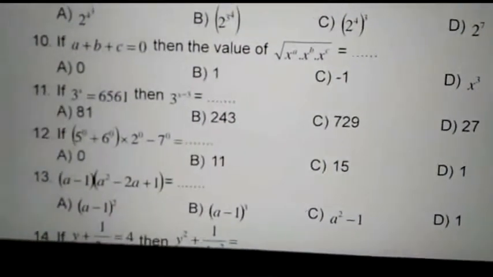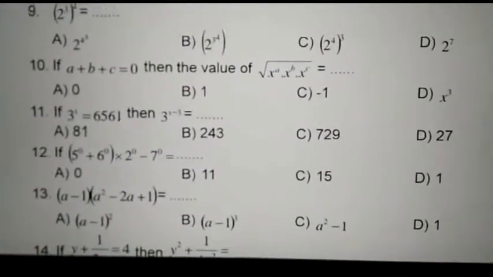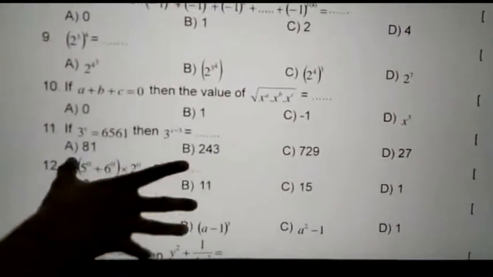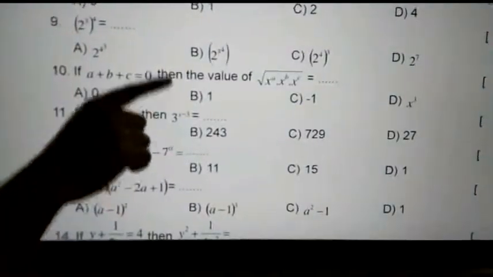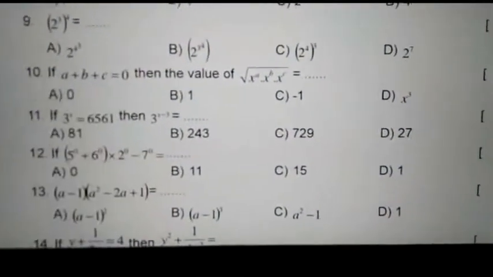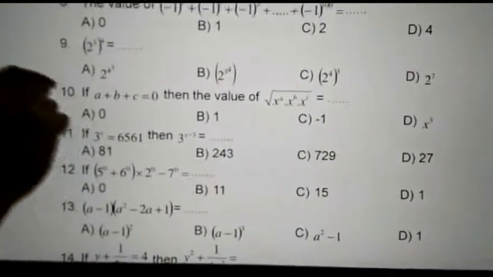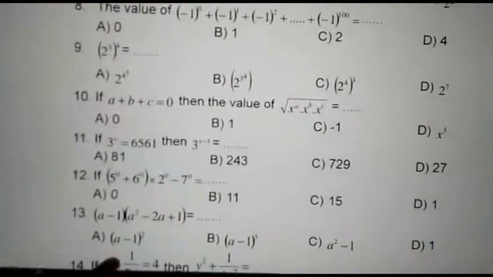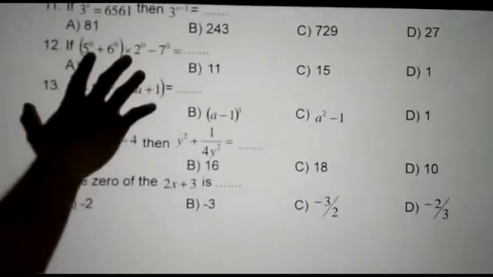There is a big number division, so we have to go for the shortcut. What is the shortcut? Units place. So 6561 by 343 is what? 6561 by 27. 7 3s are 21. There is no other way. 3 into 7 should be 21. That means 1 should be in the units place. So directly the answer is 243. Going to the next question.